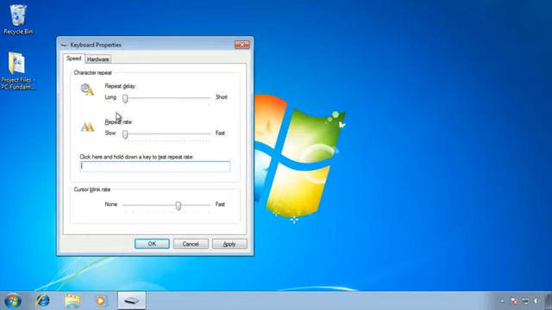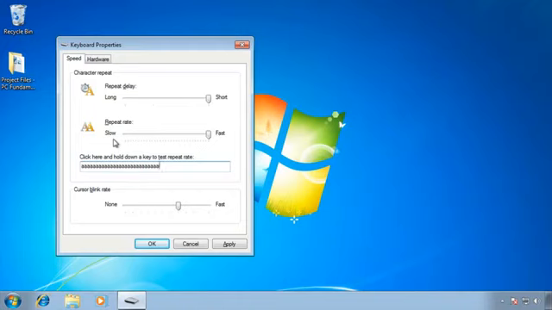Now I'm going to say that I want a short delay, and I want it to repeat very quickly. Now I'll move back down and I'll click, move my cursor out of the way so you can see it, and now press and hold now, and you can see almost immediately, and it's a lot faster. Now for this particular computer, I'm not seeing as much of a difference as I do on some other computers. So actually, your operating system, your processor, and a lot of other different things like hardware can make a difference